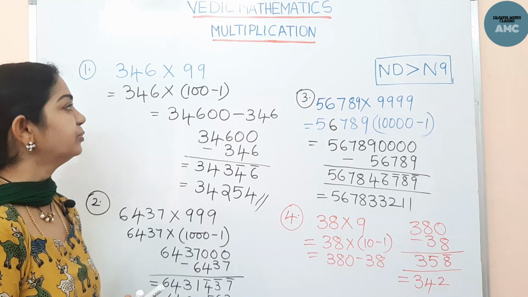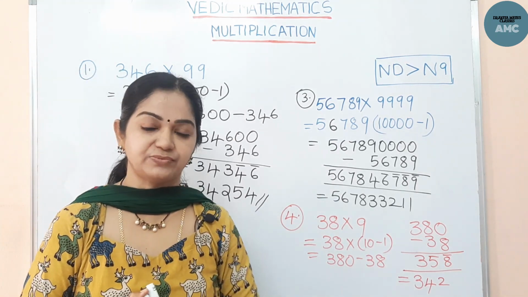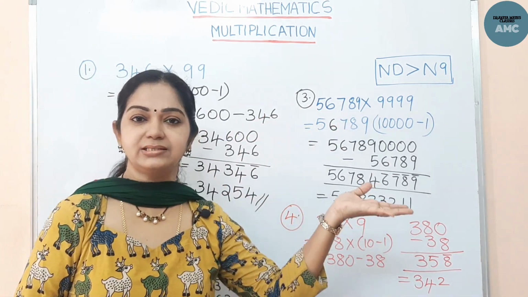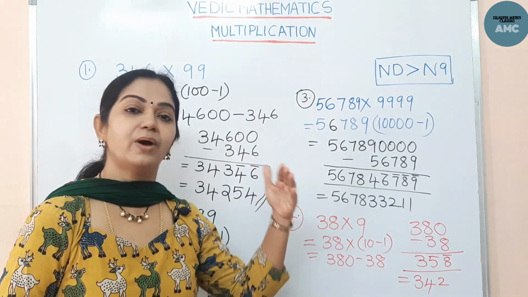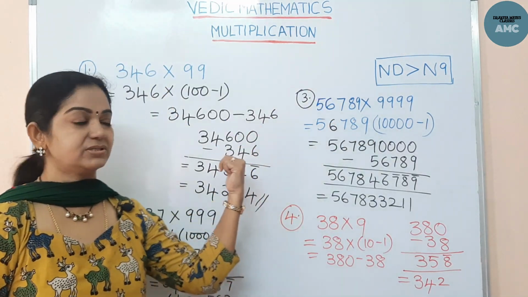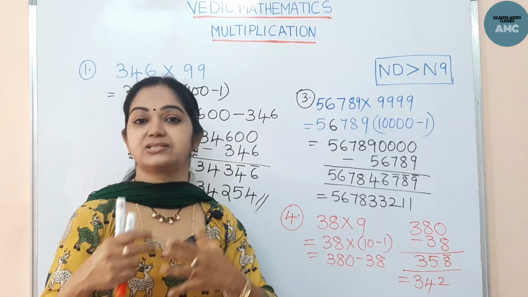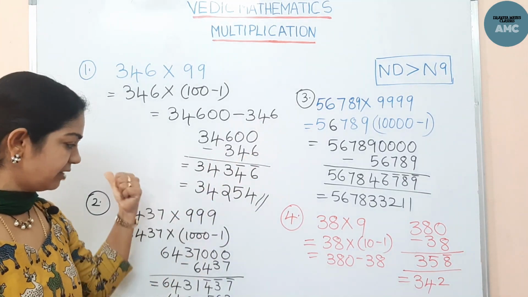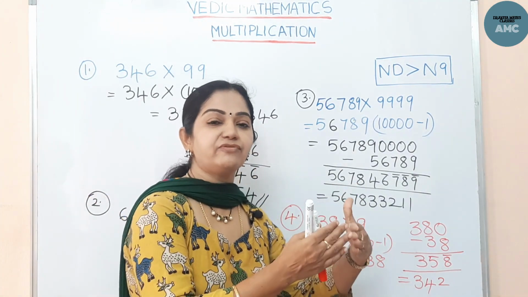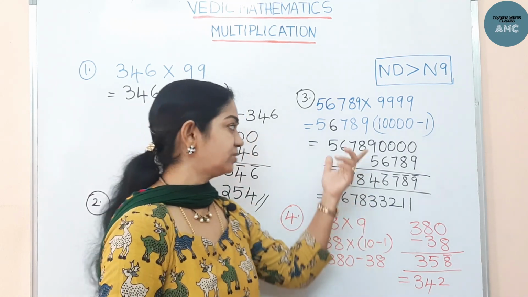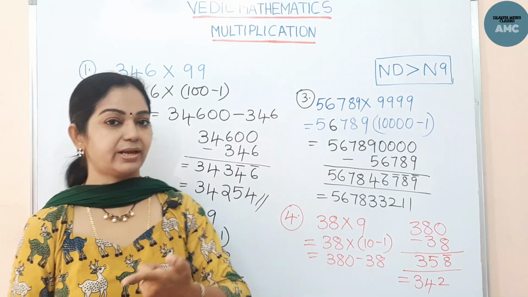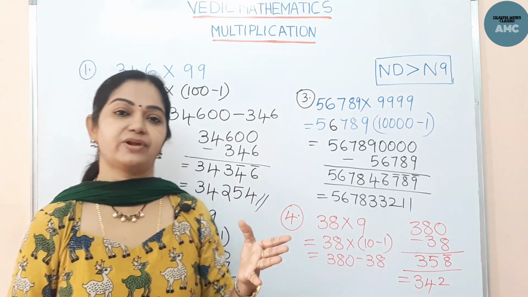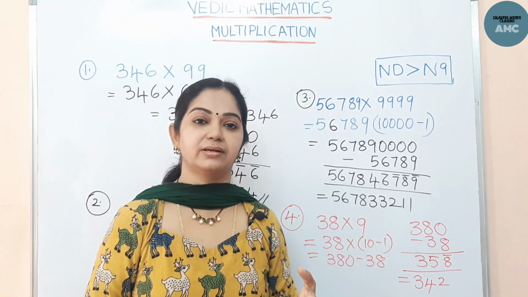So likewise, we can do the multiplication of series of 9s. We have seen today the 3 types. When the digits are equal to the 9s, we have done the procedure. When the digits are less than the 9s, we have one procedure, and that means we were adding just zeros. Now when the digits are greater than the series of 9s, we go through the procedure that we have to bring it to the base 10. That is very simple. The subtraction, you can do it through vinculum. Now we can do all such amazing tricks within a fraction of seconds using the vinculum concept.